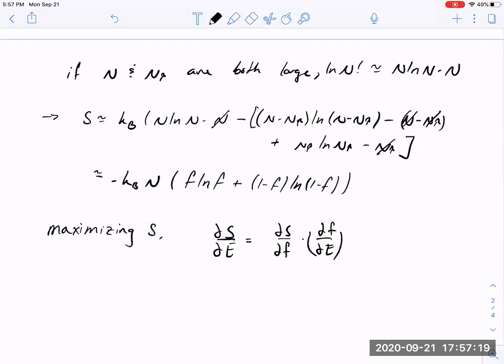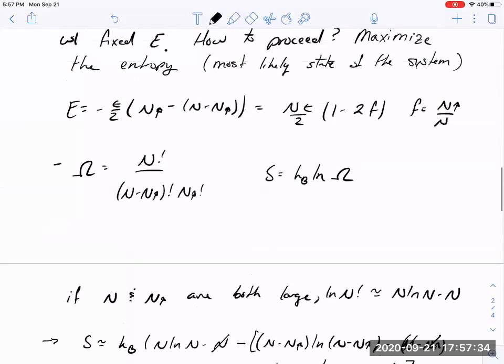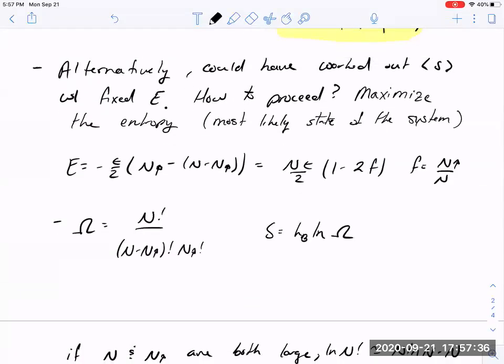So if we introduce through a chain rule that dependence on f explicitly, that'll give us something easy to compute. So if we work out this one first, so E is equal to constants times 1 minus 2f. If I take the derivative with respect to f,